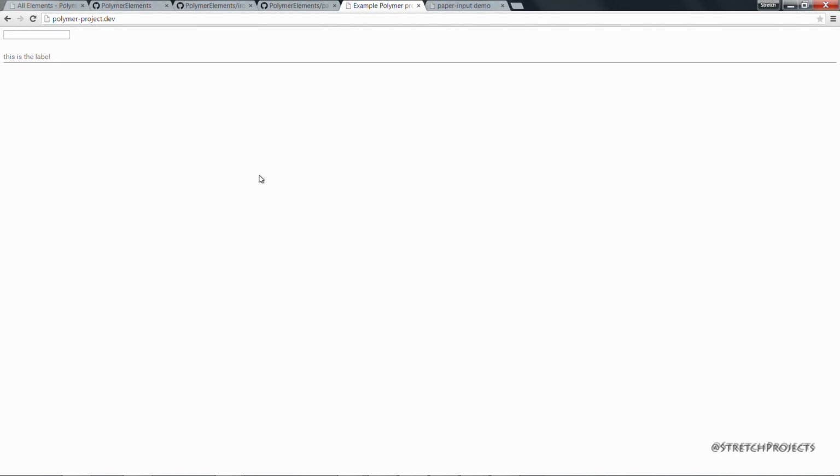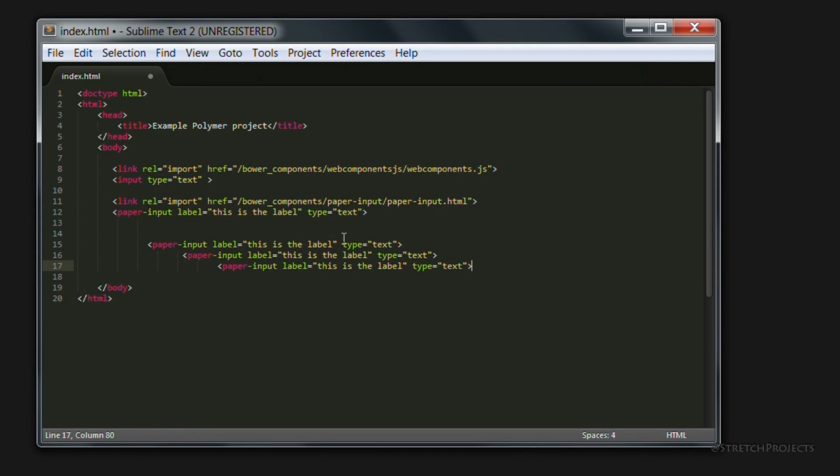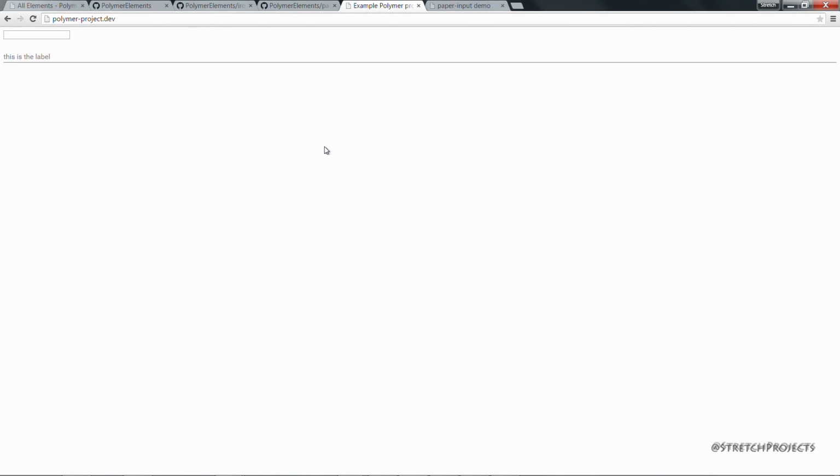If we want to go ahead and add multiple labels, particularly using the same paper input property, it's simply a matter of adding more instances of the elements within our code. We don't need to go ahead and actually import it again. It's just like CSS or JavaScript, in that it only needs to be imported the once. So if we add just some numbers to the ends of each of these again and refresh the page,